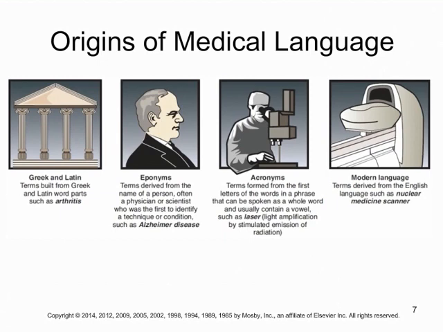Eponyms are a little bit different. They are derived from a person's name. So usually it's the person who discovered it, but it could also be someone famous who had the disease. They give you the example of Alzheimer's disease, which was named for Alois Alzheimer, who discovered it. But we also have things like Lou Gehrig's disease, or ALS, where it's gotten the name from a famous person